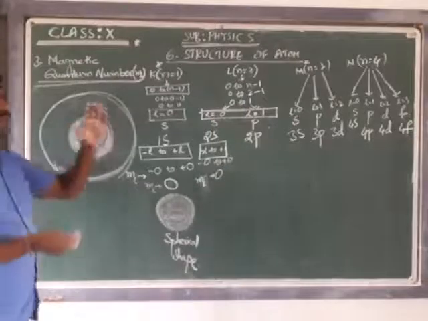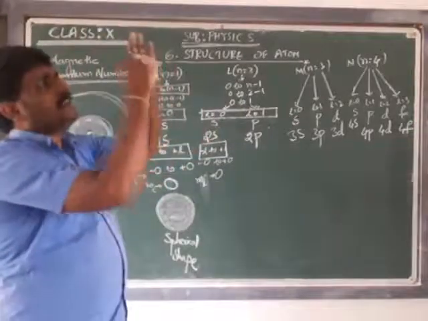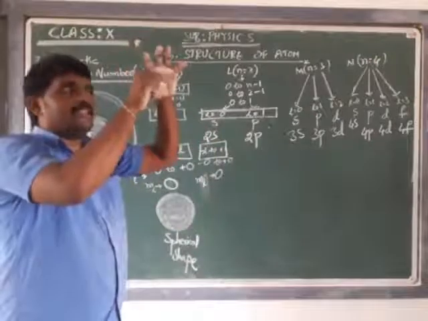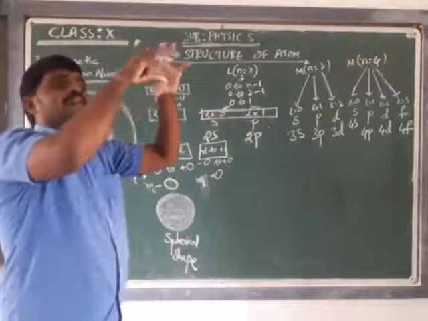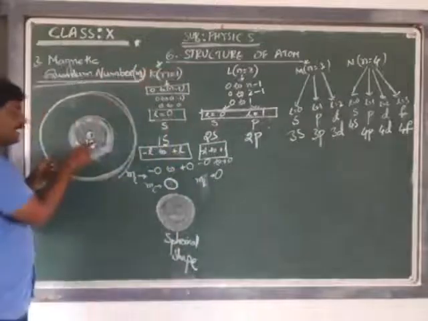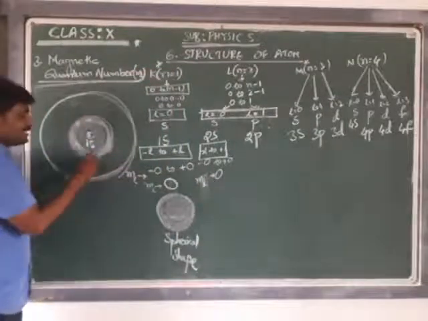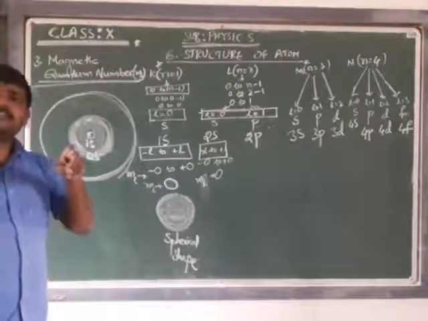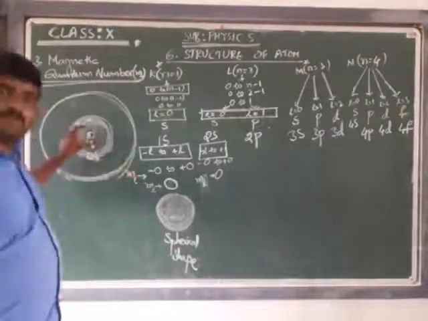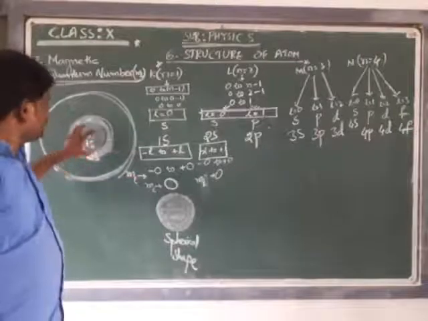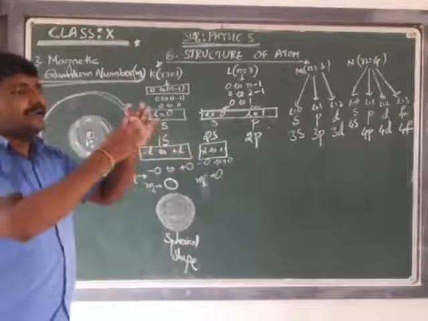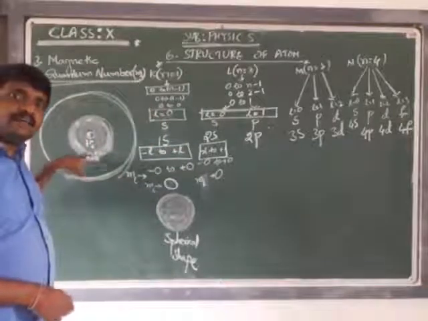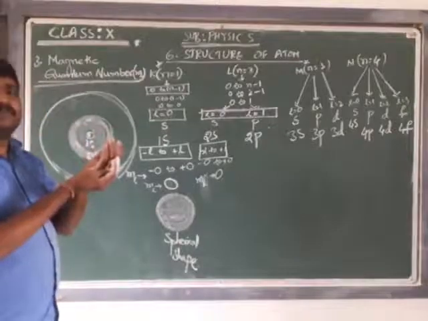The atom is in the shape of a sphere. There is a nucleus, and around the nucleus one sphere, that is 1s. This sphere upon a sphere is referred to as 2s. Have you understood, all of you? The first sphere is the 1s region, and a sphere upon a sphere is 2s. The second shell's S subshell is oriented in the form of a sphere.